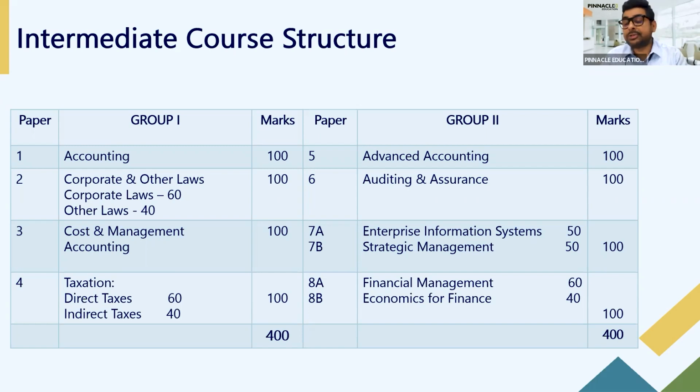But I also want to bring your attention to the fact that there are not eight subjects, there are many more than eight subjects, right? So if you look at taxes, you have direct and indirect tax. If you look at paper seven, EIS is a different subject, SM is a different subject. If you look at paper eight, financial management is a different subject, and economics is a different subject. So you're doing many subjects wrapped up into eight papers, right? That's why I said the syllabus is maybe double or even a little more than that compared to CA Foundation, and hence the need for starting early and planning early, right?